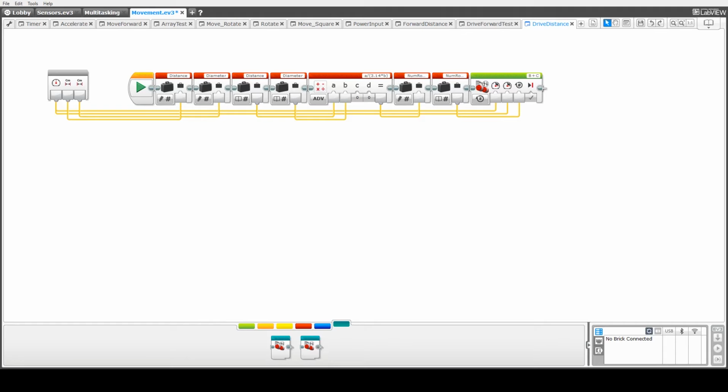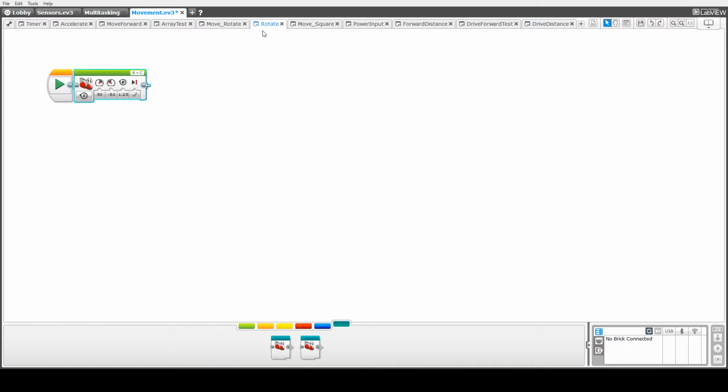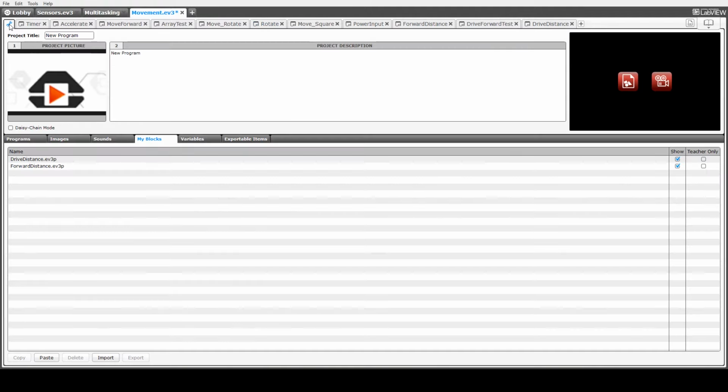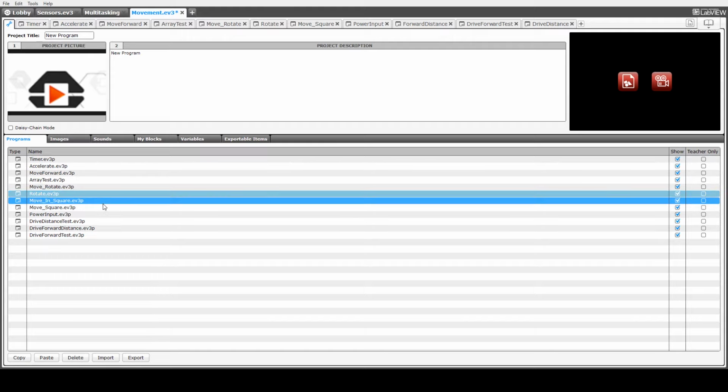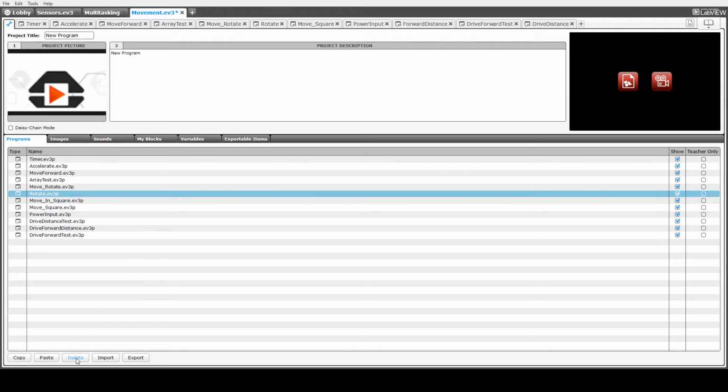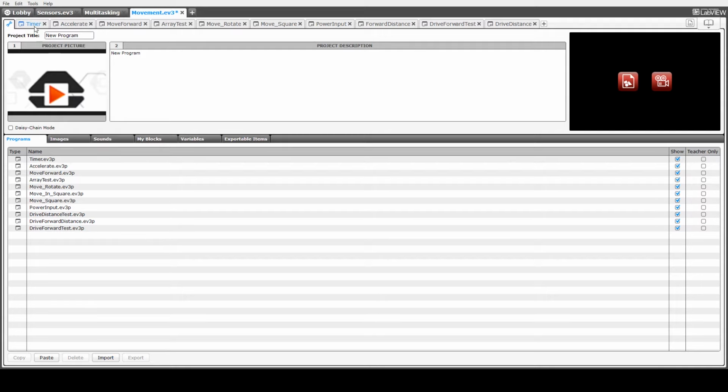Okay, so after doing some development I've ended up with two myblocks which pretty well do the same sort of thing. So if we look down here, we've got drive forward and forward distance, which is essentially the same thing. We've also got another program here which really doesn't do much, both of which I want to get rid of. So the first thing we're going to do, go into the list of programs through a system key and